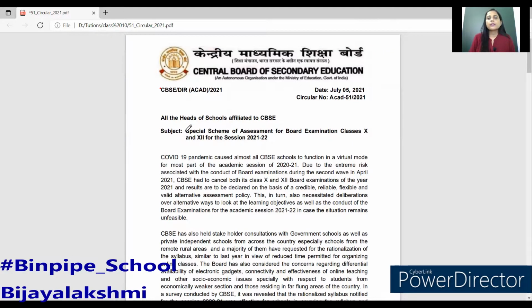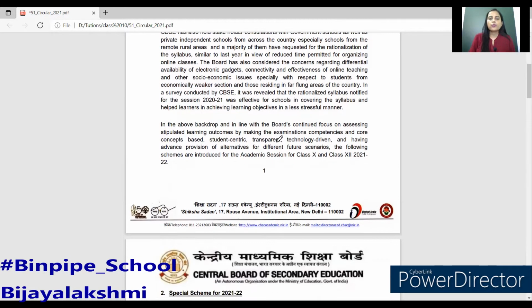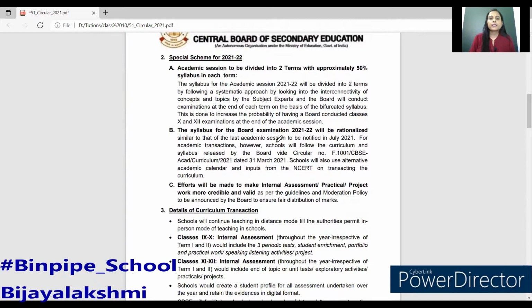So here is the circular which has been circulated by CBSE on 5th of July. It states that this is the special scheme of assessment for board examination of class 10 and 12, and it is for the session 21-22. Now here, the scheme that has been introduced is such that